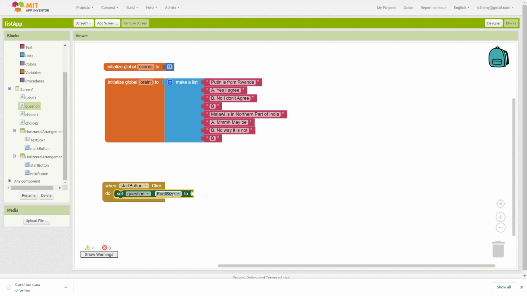It's going to take question, texts, and then you're going to change choice 1 and press B, and